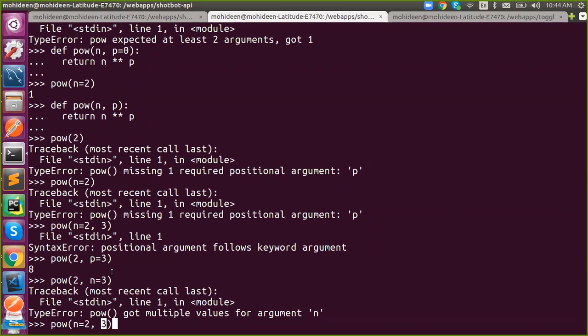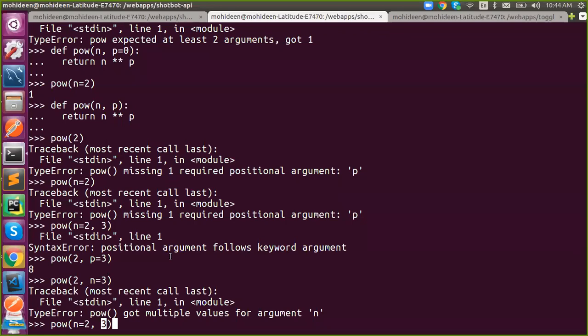So it raises a syntax error, because we never know whether this positional argument is assigned into n or p. Position starts from first, but we have already passed something into n. As per position it should move on to first, but the positional argument resides in the second position, so we might think it moves on to p. So we got confused, and whenever we get confused, it raises an error.